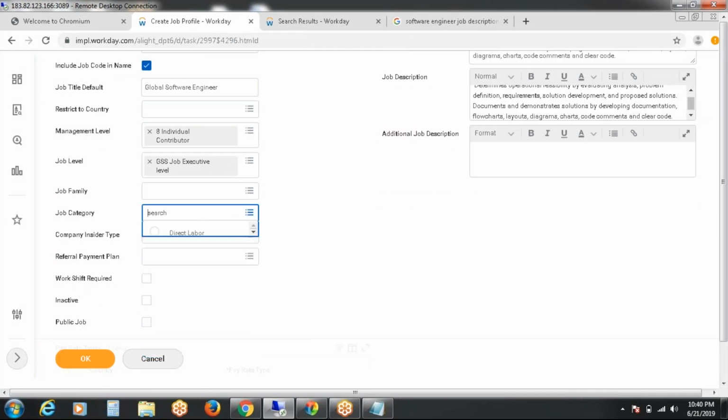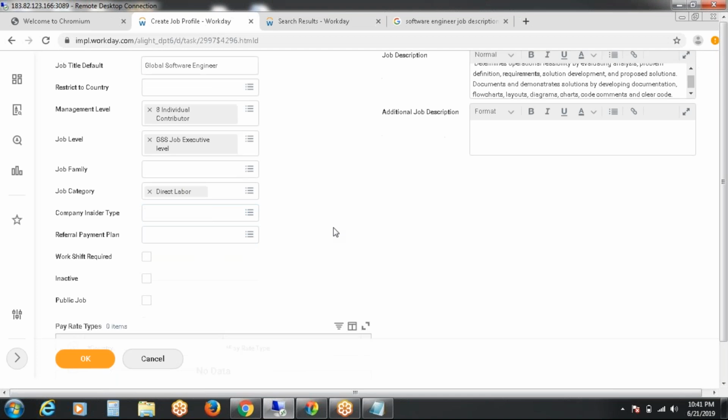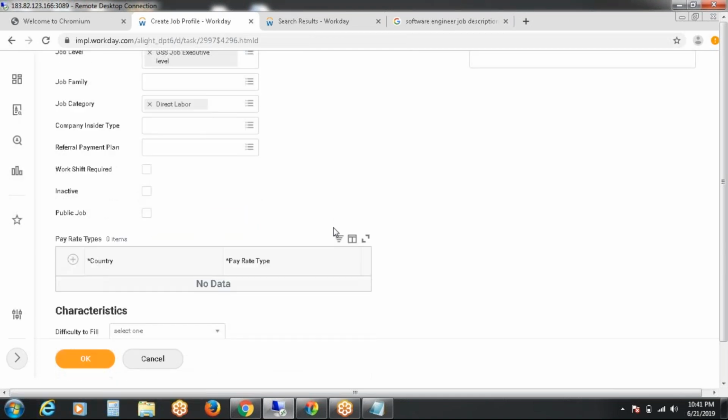Select the job category as direct labor. Currently I am not going to give the option for company insider type. What is meant by company insider type?